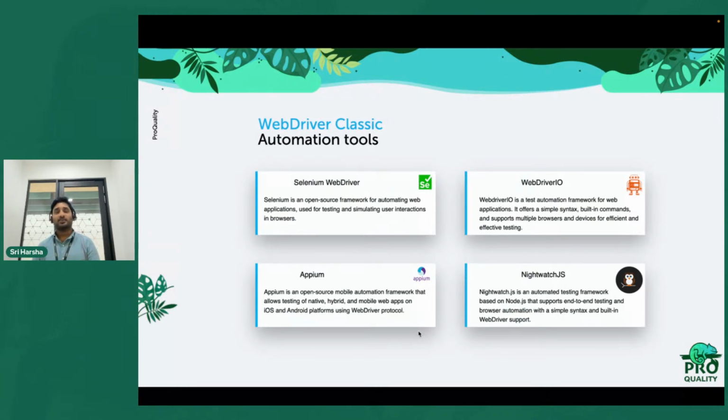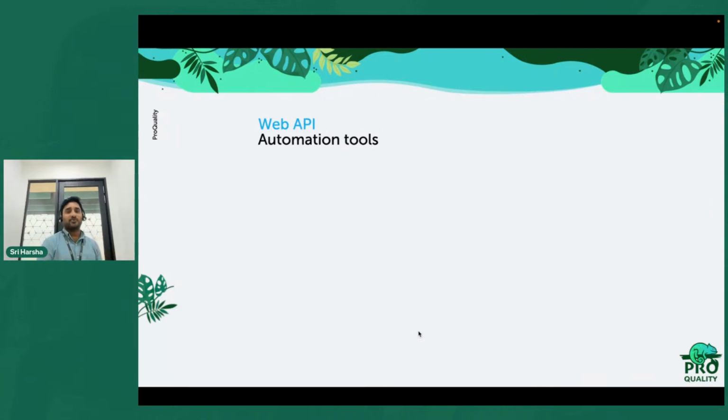And there are a lot of other tools in the market which use WebDriver Classic, such as Katalon and SeleniumBase. If you take one example, Katalon uses the Selenium jar file in the backend, but it still communicates via the WebDriver protocol to the browser. So this is one side of the history of the WebDriver Classic tools, and we will see about the Web API